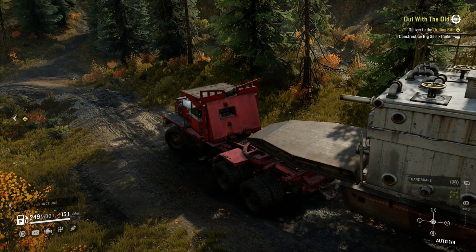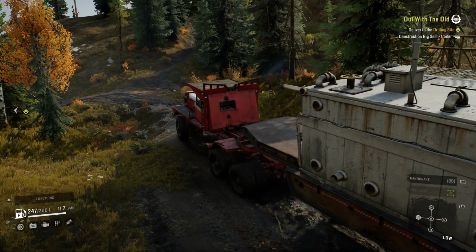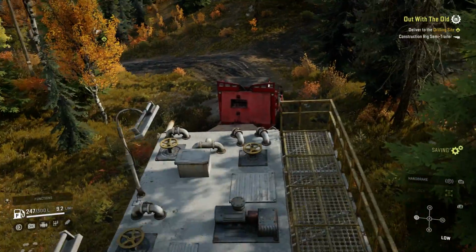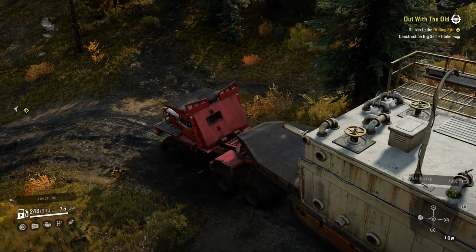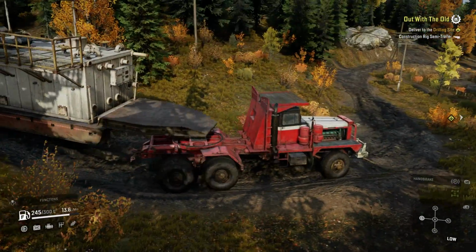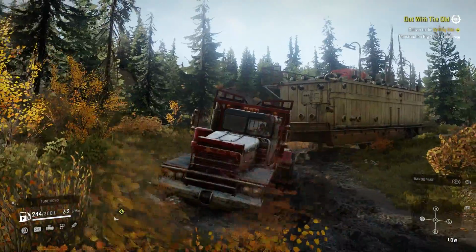Right, nice and gently. Can we move, please? There you go. That's what I mean about switching into the low ratio there. Got us moving. We just were not going to start moving in the regular gears, and it's the trucks with the permanently locked diffs that seem to work on that basis. Now that gear is also going to control our speed in this descent, which might be handy. We seem to...